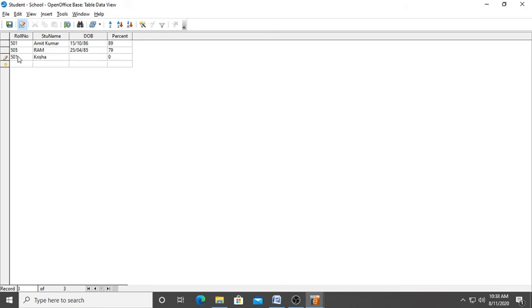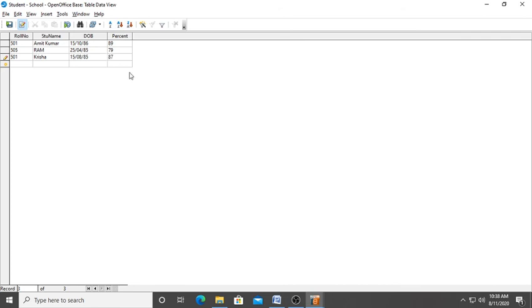After that, this is the date of birth of Krishna, suppose 15th August 85, like that. Then the percentage of Krishna, suppose we can write here 87.